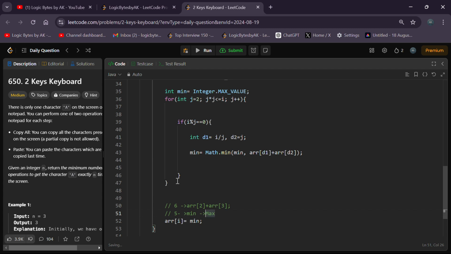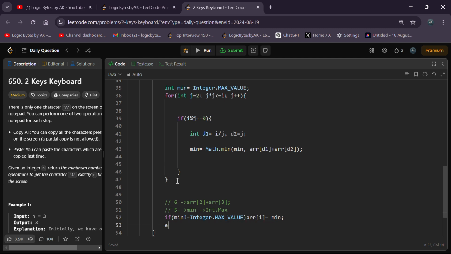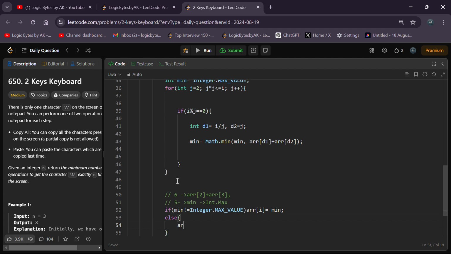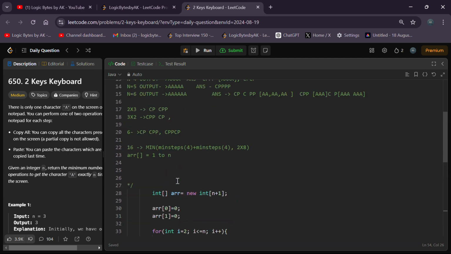So we have to put a condition: if minimum not equal to Integer dot max value, we update array of 5. Else, our array of 5 should contain i. Because if you observe here, guys,